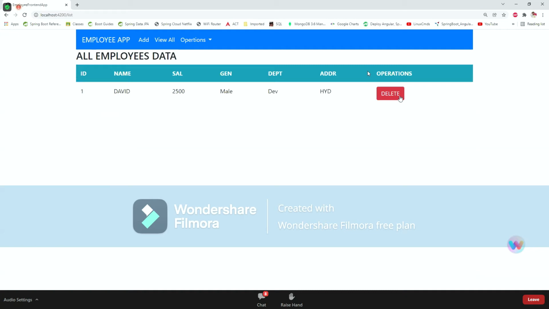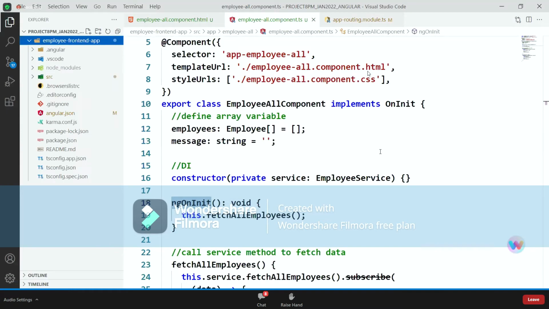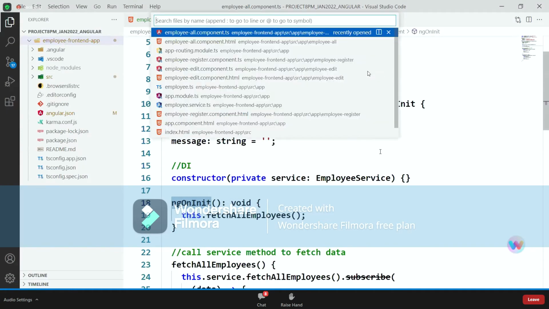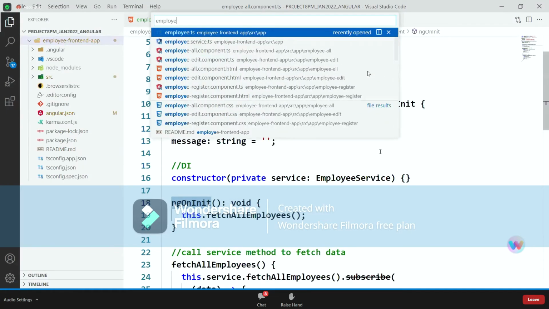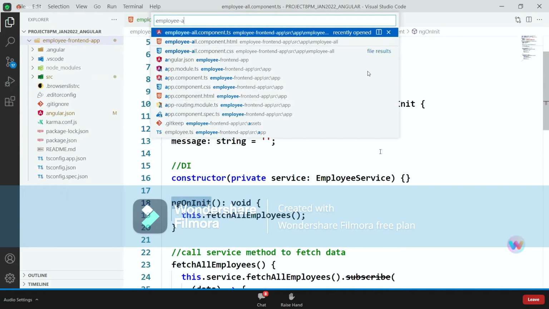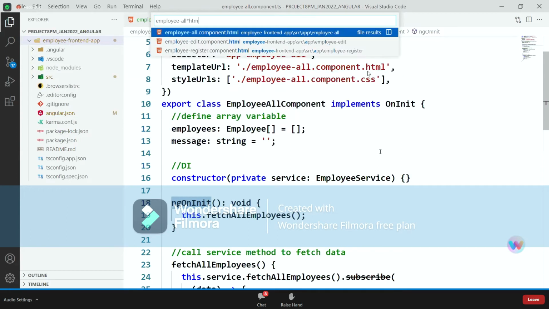Now look here, we have a create delete link, right? In the same way, I am going to create edit. Control P, employee all HTML file.